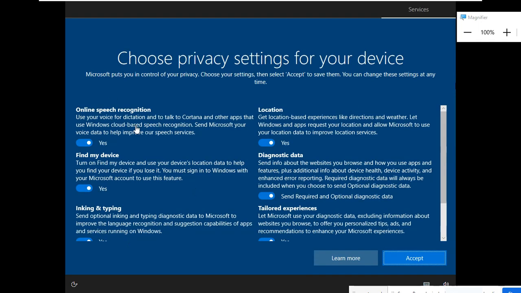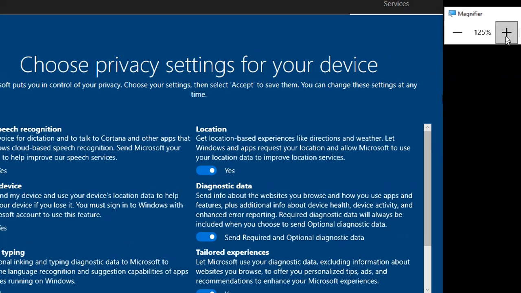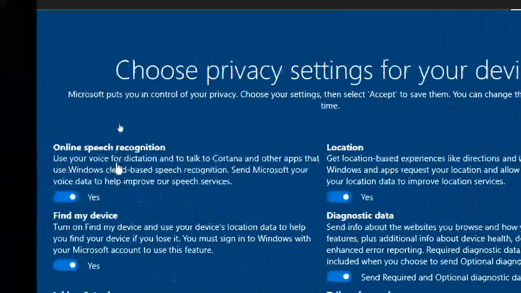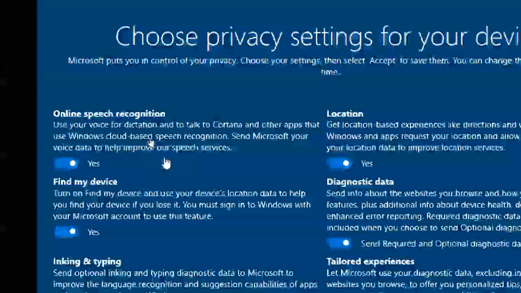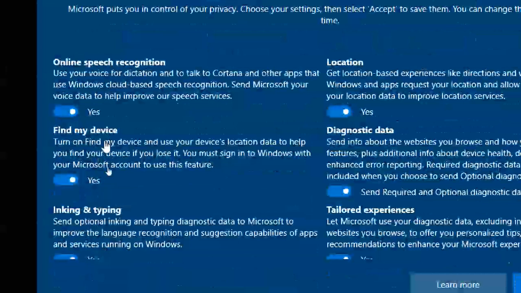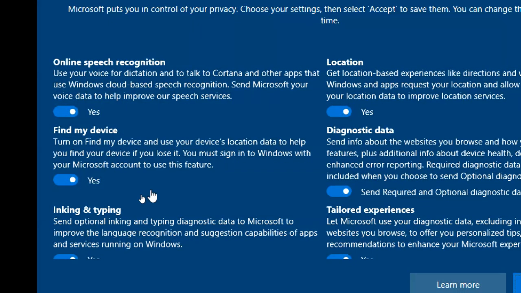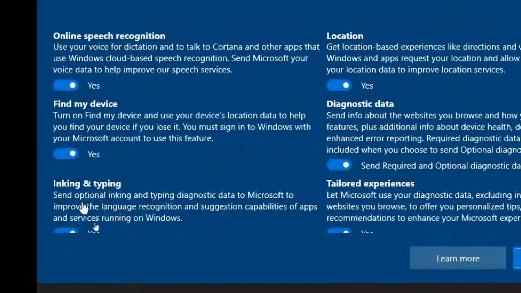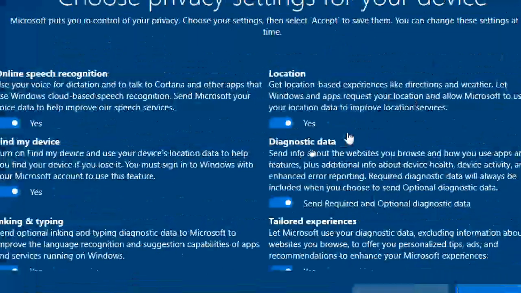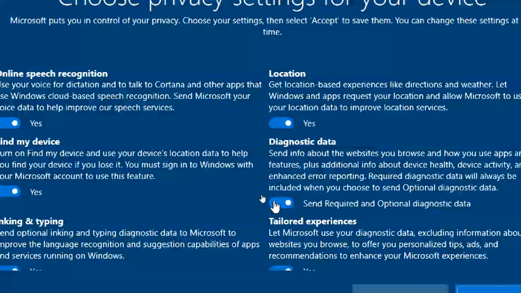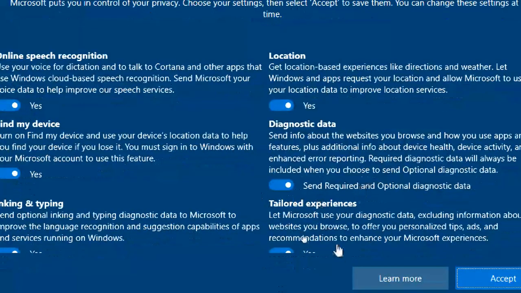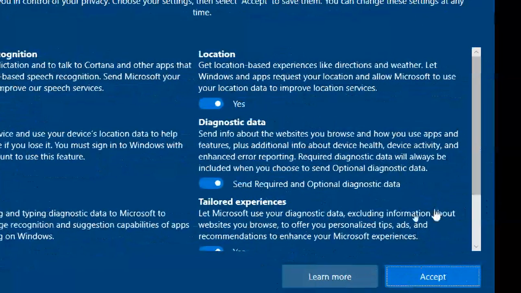Now it is asking for on and off for different things like online speech recognition, Cortana kind of stuff. Find my device, which will find where your device is located. Ink and typing, diagnostic data, tailored experiences, location.